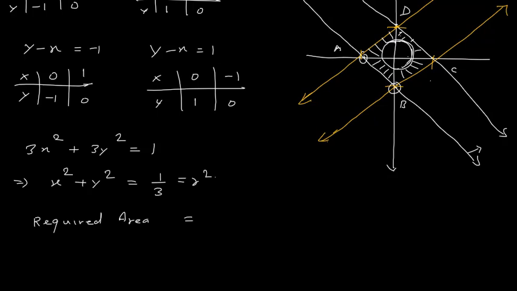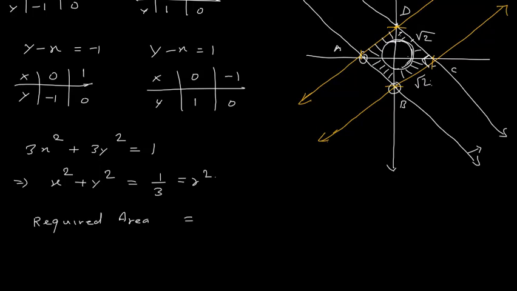So if you see, the diagonals are of length 2. This is having length 2, this is having length 2. So by that you will find your side is of length root 2. You can take this triangle. This is a right angle triangle, each angle is 90 degrees. Hypotenuse is root 2 times the side. So this diagonal is 2, therefore it indicates that your side is root 2.